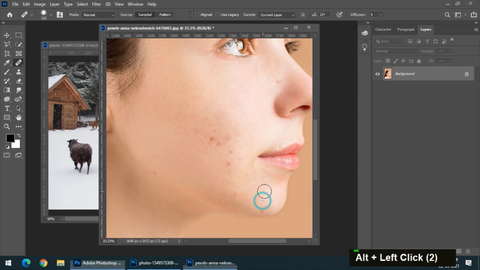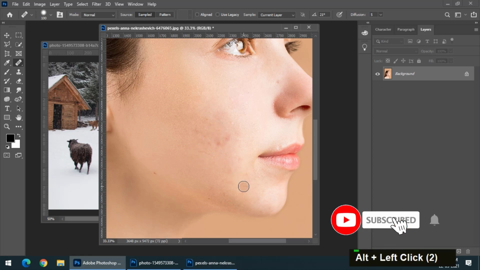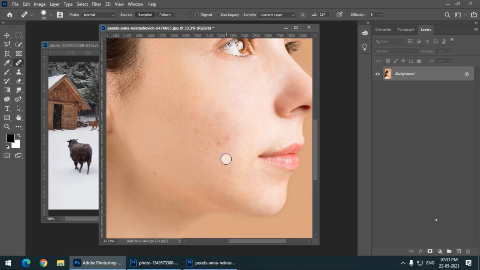Obviously we have to work out which pixels to copy and where to put them. That's where our brain comes in. You cannot simply select any pixels and put them anywhere. You have to be very careful if you want to be precise in your work, or you want to do a good job. So I think this looks pretty good. I'll press F12. So this is before and this is after. So this has done a very good job.